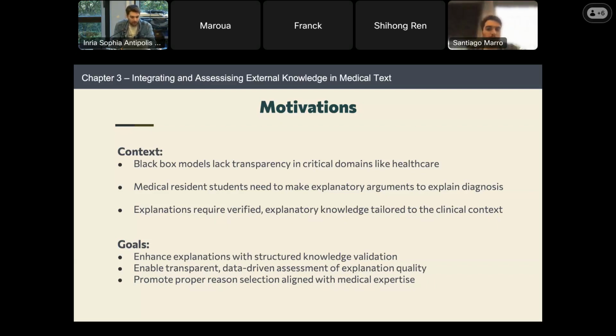So the goals for this section are to be able to enhance explanations with structured knowledge validation, so to be able to obtain external knowledge and enhance explanations, to be able to do it in a transparent and data-driven way, but also to be able to assess the quality of these explanations, and we will talk about this in a minute, and how to promote to students a proper reasoning selection aligned with the medical expertise.